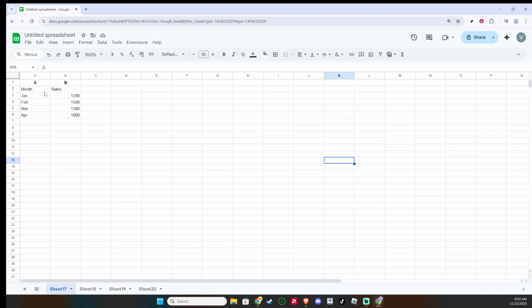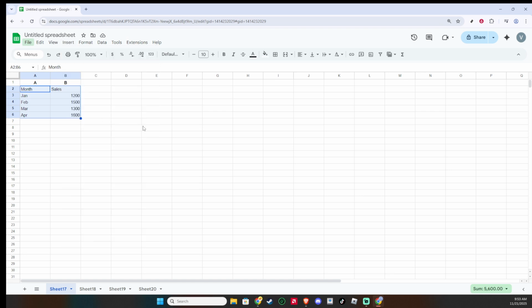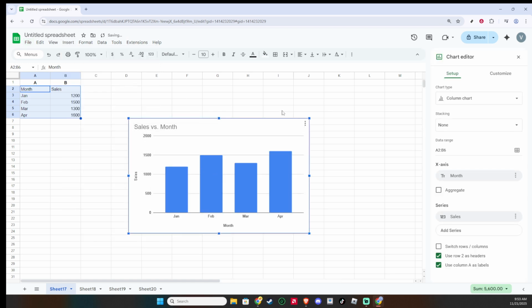Next, select the range of data you want to include in the chart. Click and drag to highlight the cells, including your headers if you have them. Keeping the selection contiguous, meaning all in one block, helps Sheets understand the structure of your data. If your dataset is large, you can click the first cell, hold Shift, and click the last cell to select